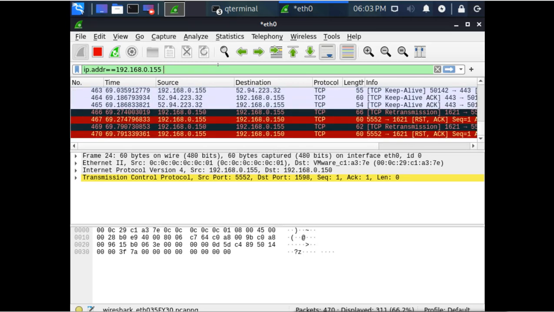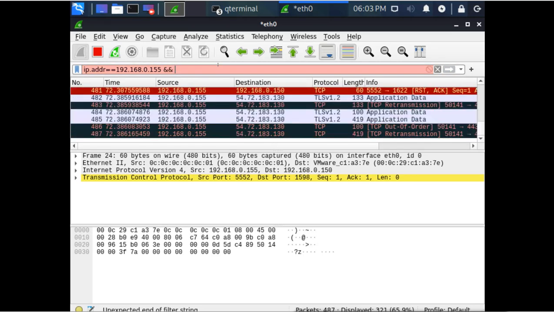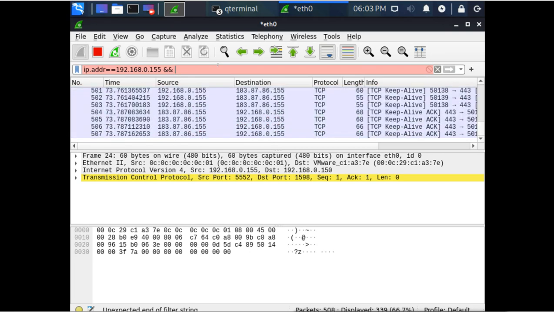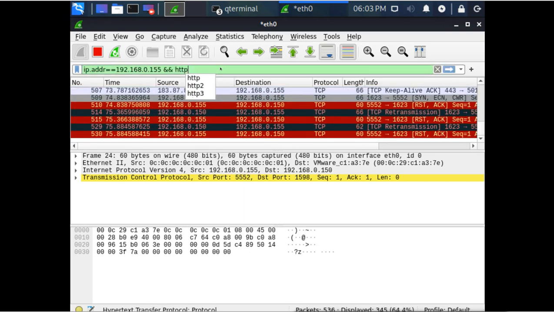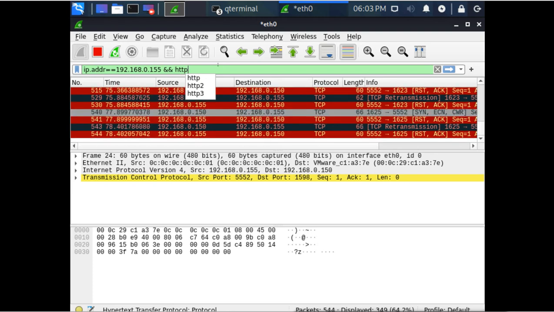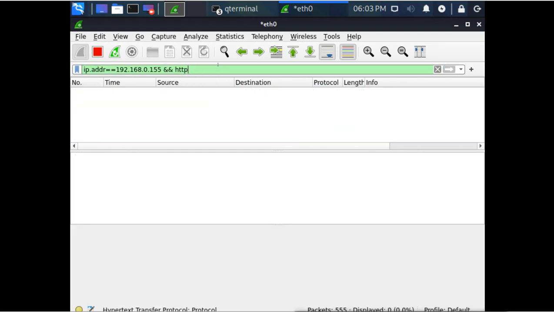And I will say HTTP. No HTTP is going on, or other filters, and it gives you help also. When you type the filter, it gives you help also.